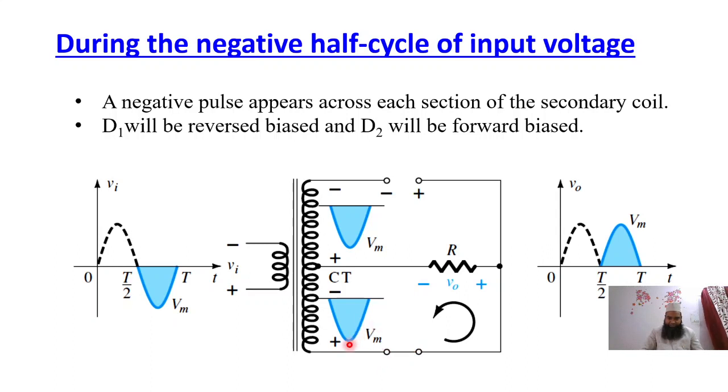The current flows in this way, and the voltage across the resistance will be